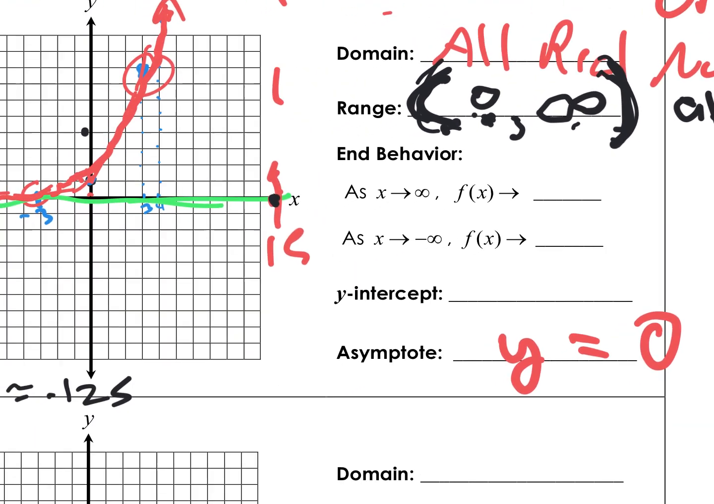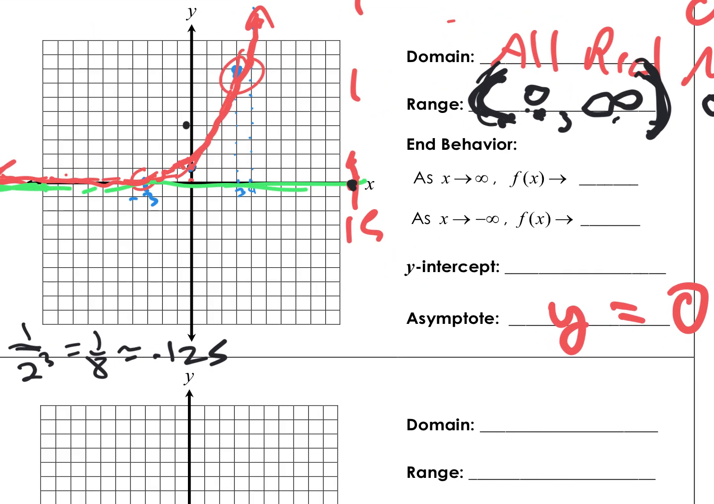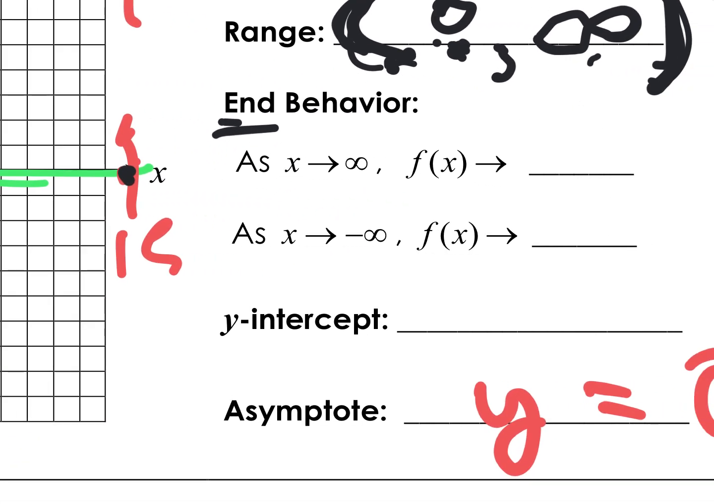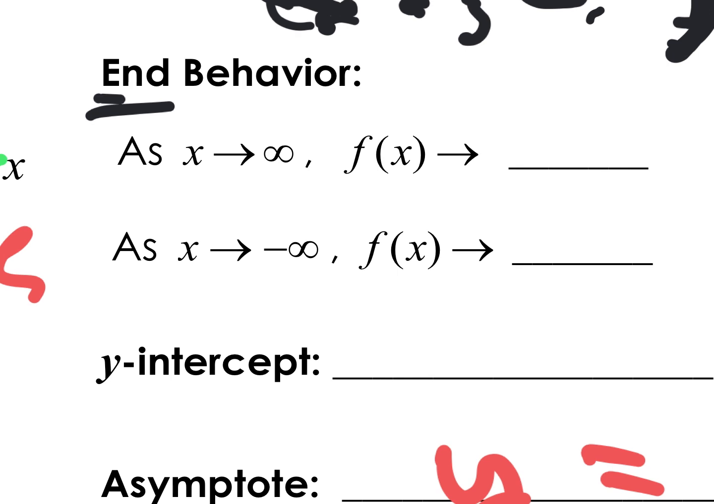All right, end behavior. This is very interesting. What's end behavior? The end result. Yes, and we have two ends. You have a left end and you have a right end. And so what we're doing here, look at the magic way he's writing it. As x goes to infinity. Wow, that means